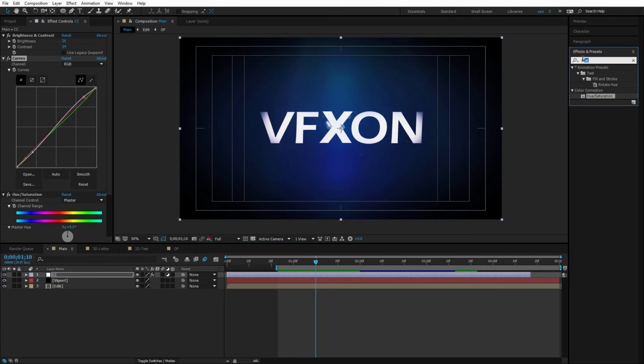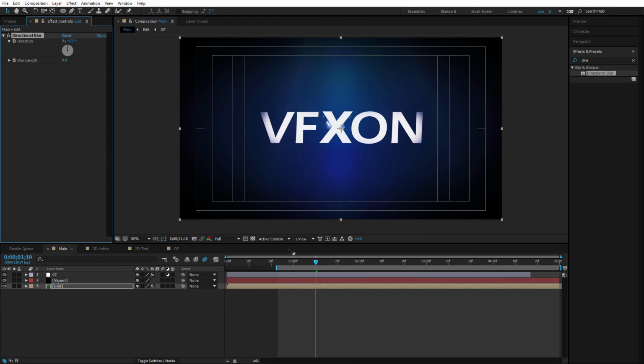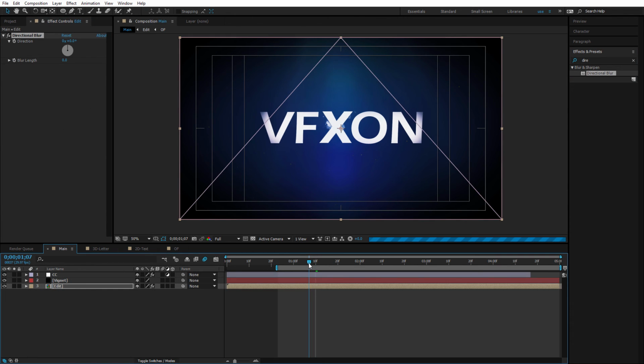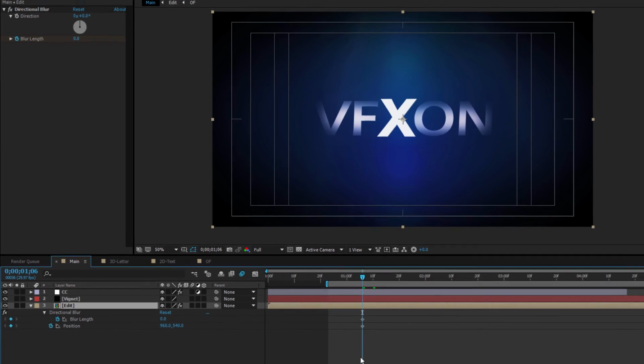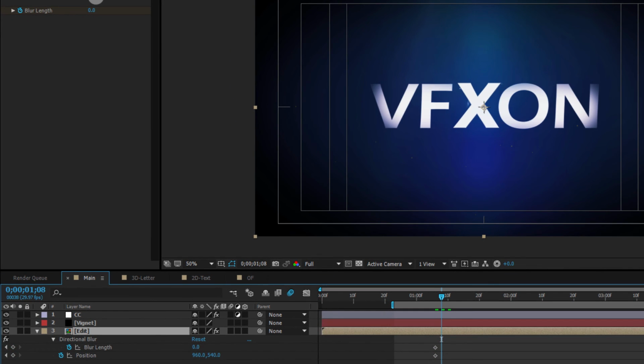Okay, we need an effect called Directional Blur. Let's add that. And let's see, just before the text hits about here, we're gonna set a keyframe for blur length and also for position. So press U on our keyboard, see all the keyframes, and then let's go about 2 frames forward, so 1, 2, and let's set blur length to 11